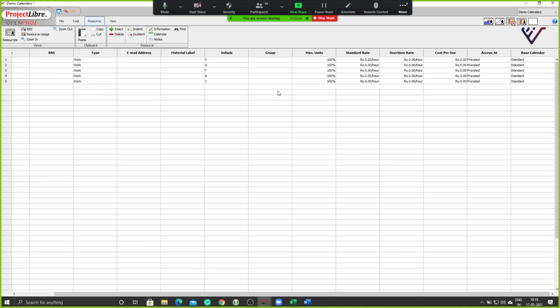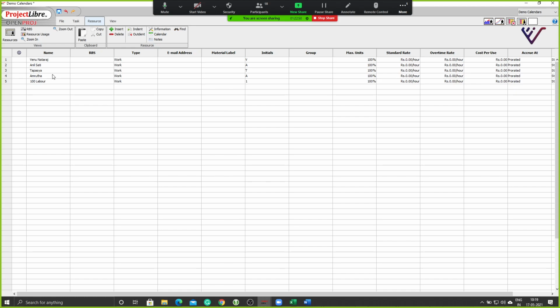You assign resources for each task. So we will look at how you apply rates, and what is the maximum usage that you can have of them in the project. See, this is enterprise level software, so the same resource can be working on multiple projects. Like, say, I am the project manager, or Anil sir is the project manager. He will not be giving 100% of his time for this project.